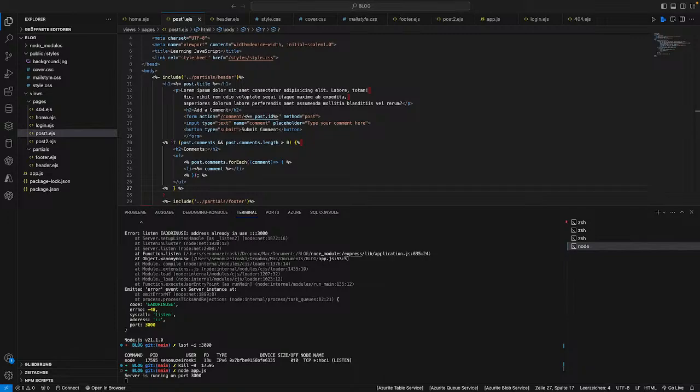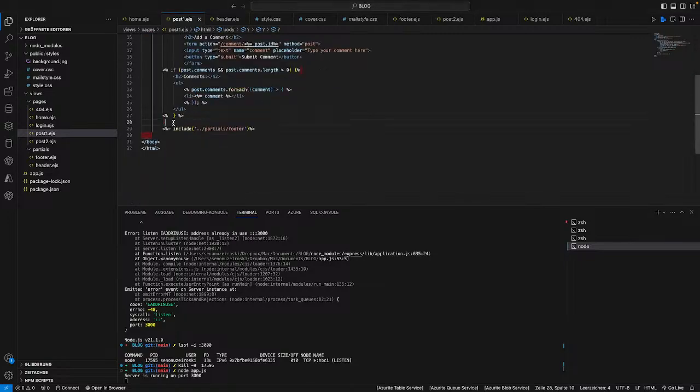Okay, all right, now let's head back to our server file and then add in the feature for our comment first. What we are going to do is to add in here along with